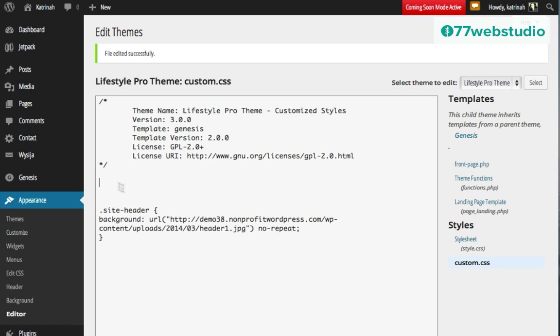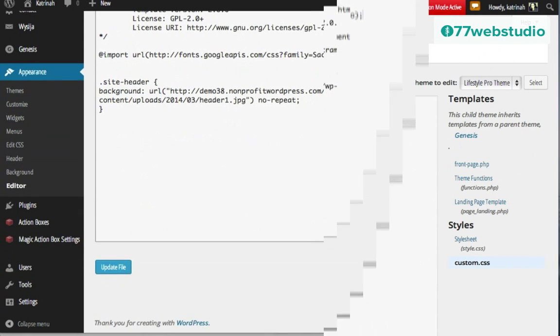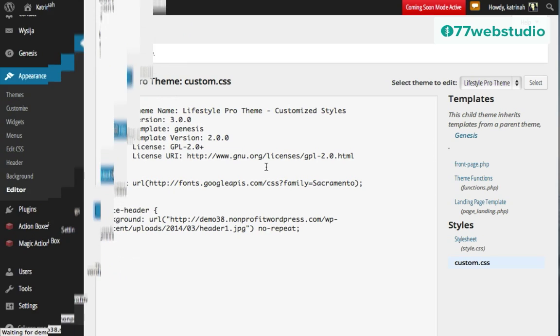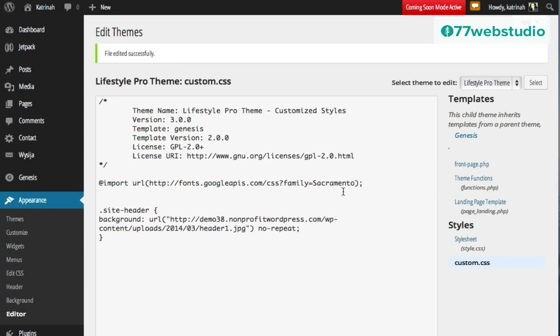Note that it's important to add the Google Fonts at the top of the style sheet, not at the bottom. If you add them underneath the other code, then they will actually not work. So make sure that when you do add Google Fonts, you add them first before adding any of the other styles. Once you've added the Google Font import code at the top, then scroll down. Step number 2 is we need to associate this font with some of the code, some styles on the page.